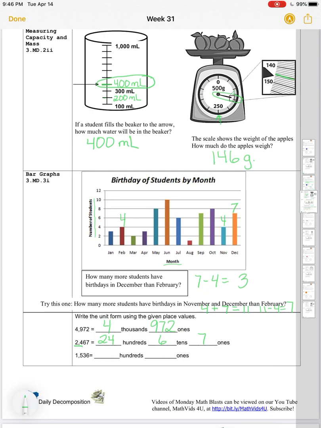1,536. I want it in hundreds and ones. So again, if hundreds is my greatest unit here, then my thousands need to decompose into hundreds. So I'll go all the way to the hundreds place. That's 15 hundreds, 36